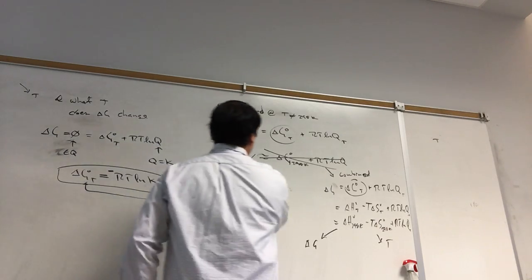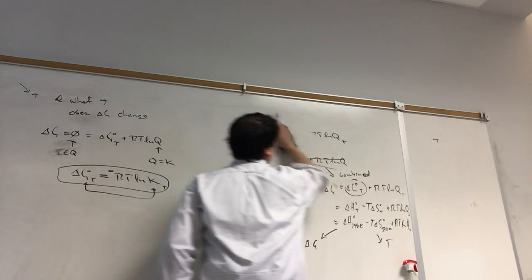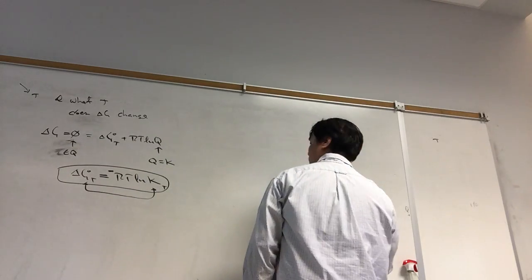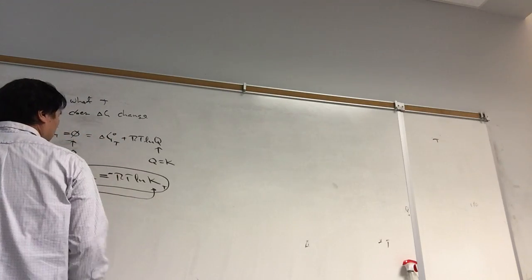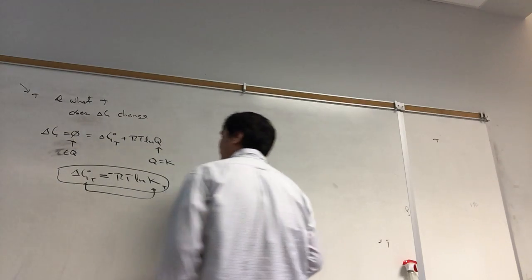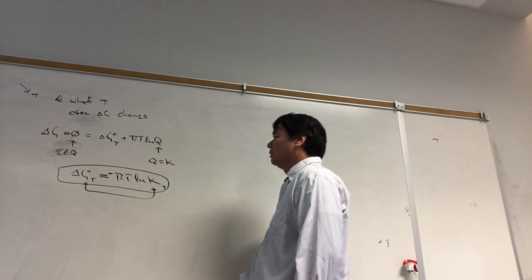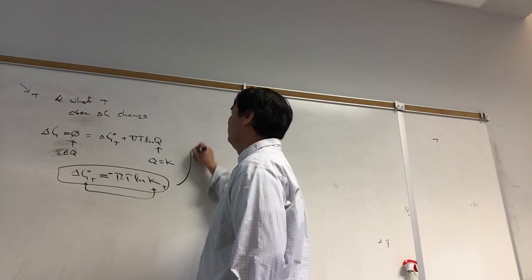And so this shows the relationship between delta G naught and K at that temperature T. What's that to the left of RT? Oh, negative. Negative sign. Yeah. Now, if we want to solve for temperature, let's say